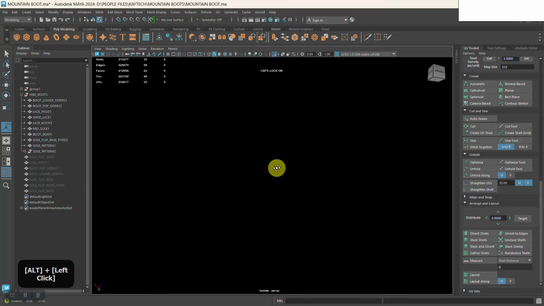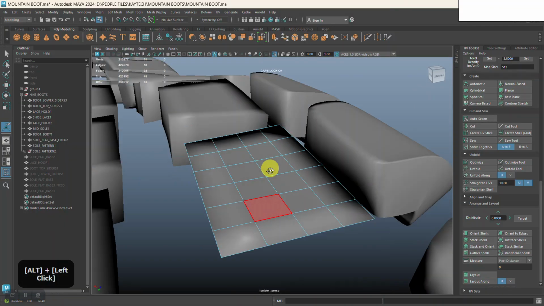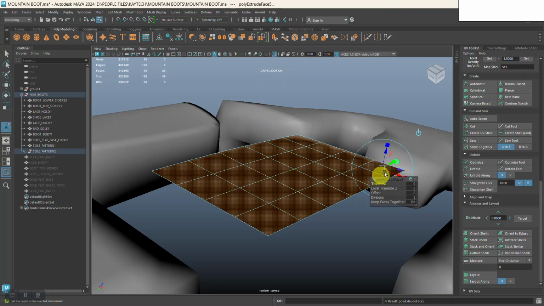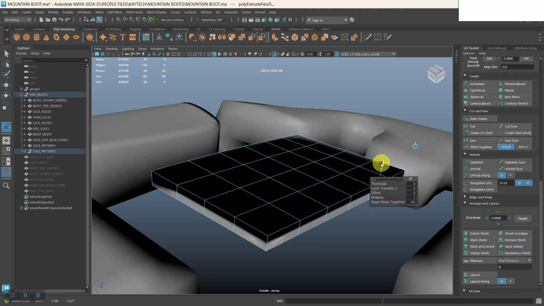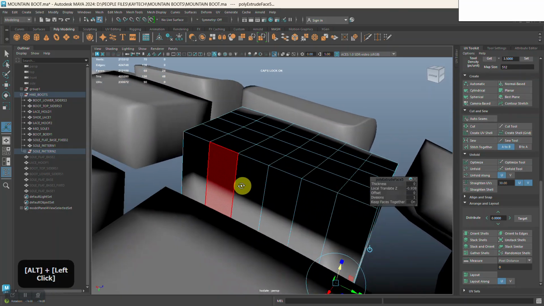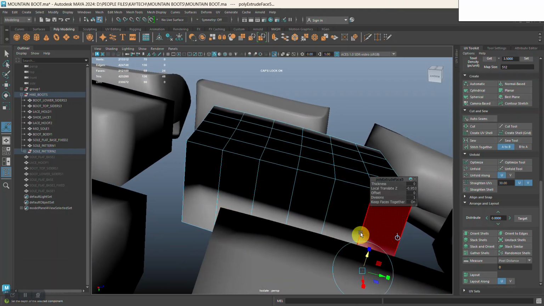Okay. So any of those faces now that we don't need, just delete them. Then select all of this and do extrude. Okay. We're just going to extrude this down this way, like so,